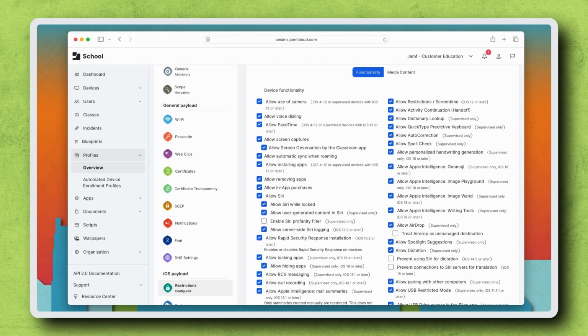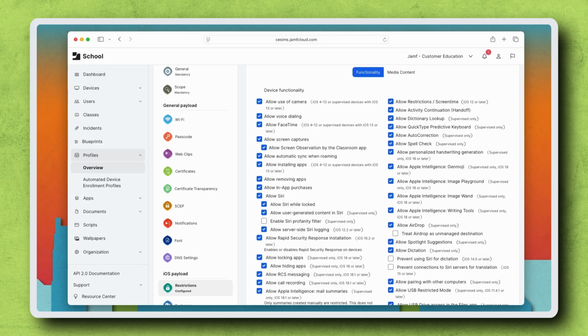Many profile settings may require supervision to be enabled on devices or a minimum operating system version. Supervision can only be enabled on mobile devices by enrolling them through automated device enrollment or by using Apple Configurator. For computers, any Mac that's running macOS 11, Big Sur, or later is automatically supervised no matter the enrollment type. As such, only mobile devices owned by our school can be supervised.